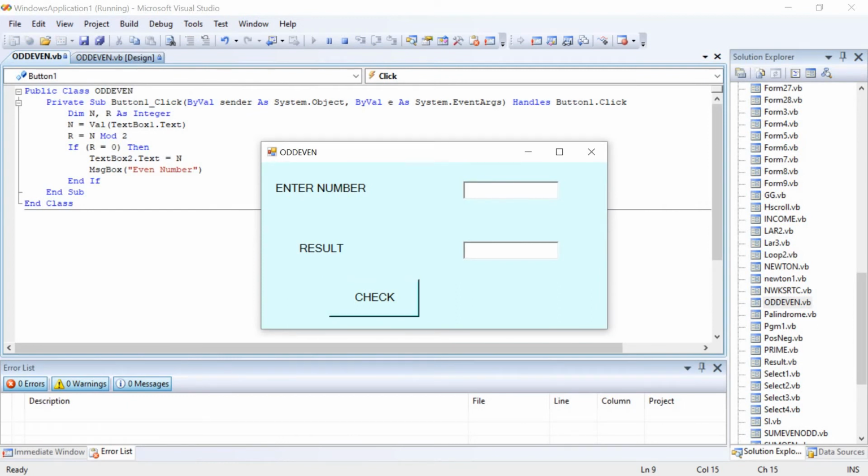When I enter here 6 and click on check, 6 will be displayed, and here we have the message even number. Then click OK. Suppose I enter an odd number and click on check, we will not have any result because we don't have any statements for the false part.